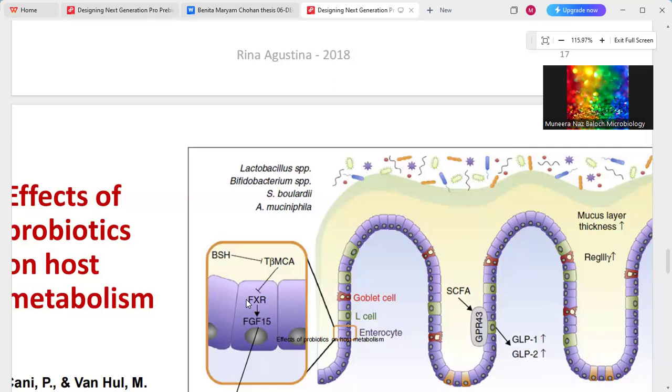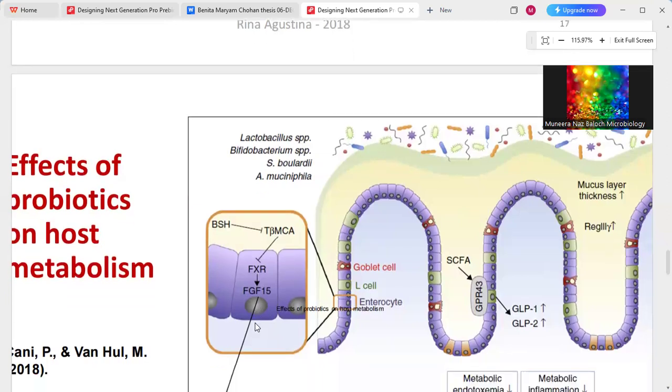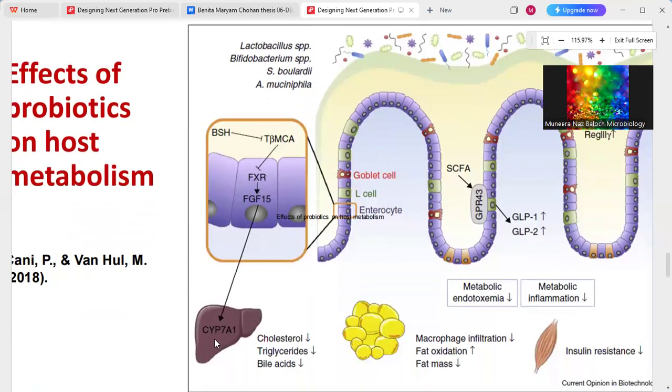So when there is an FXR reduction, right, it also decreases the level of FGF, which is dependent on FXR. So first, BSH is produced from these organisms. The bile acid is deconjugated, right? The amino acid is removed from it. Either glycine or taurine is removed from the bile acid. This gives a signal to the FXR, the farnesoid X receptor. That reduces FGF, right? Which is giving signal to the liver. For what purpose is it giving signal to the liver? As you can see, this line is extending to the liver, giving signal to the liver to decrease